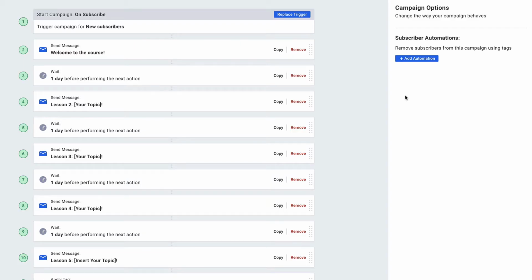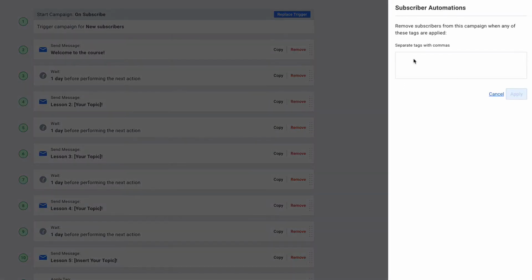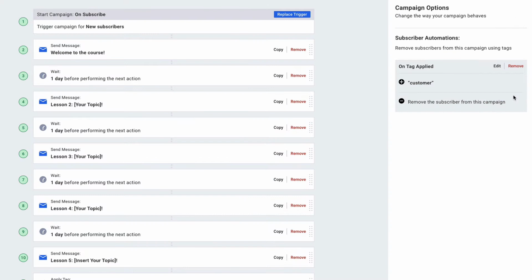With automations in Aweber email campaigns, you can set up certain actions to occur when something's triggered. Without anything selected in the campaign, the automations button on the right is a kind of global automation that will remove any subscriber who has a particular tag applied. So for example, if you want customers removed from your email automation, let's say you're trying to sell something, you can have the customer tag whenever that's applied when they buy to remove them from this email campaign.